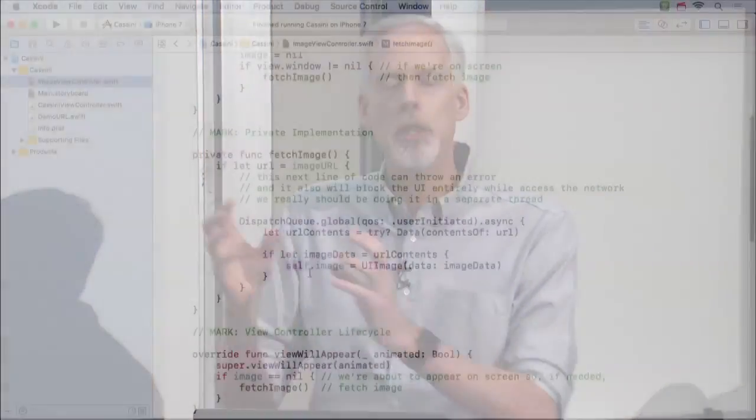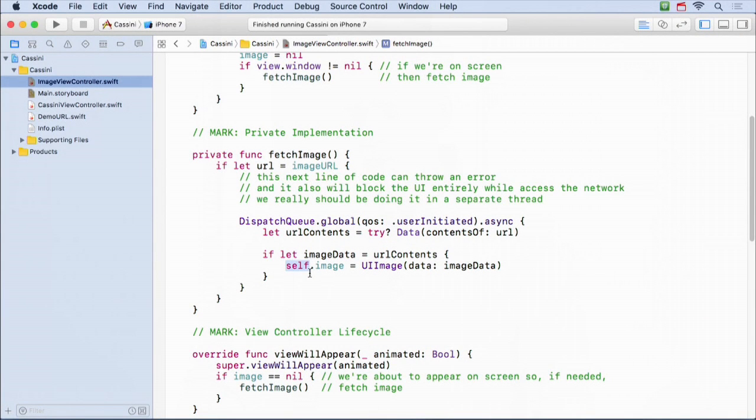But can it leave? No, because this closure is keeping it in the heap, even though I don't want this anymore. I went back because now I'm going over to see Saturn instead of Earth, so I don't even want this Earth thing anymore. So this is a bad kind of memory cycle, because this is going to keep that image view controller in memory, so that's bad. So we're going to fix this one using weak self.